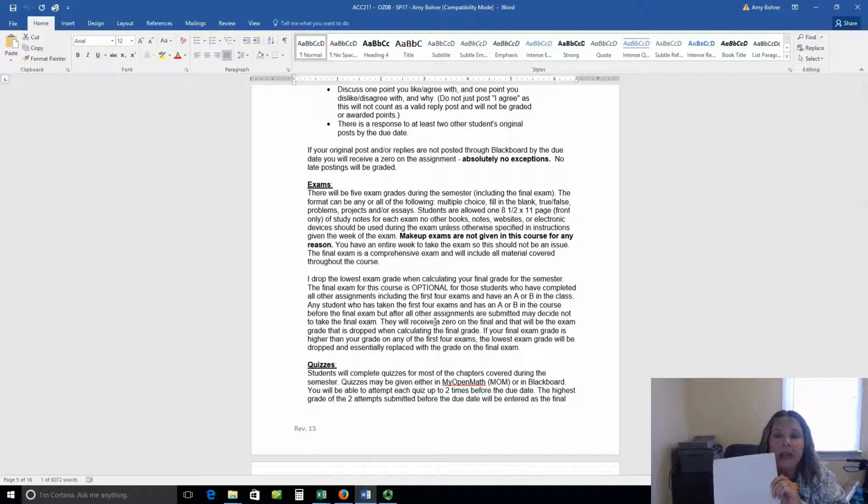You should not be using any other information when you take the exams other than your page of notes, and you are allowed a calculator. Okay, you should not be going on the internet and looking up answers. You really won't have time to anyway because the exams are timed. So make sure you're ready for the exam when you click on it. You're allowed 1 attempt. Once you click on it, you will be required to finish it.